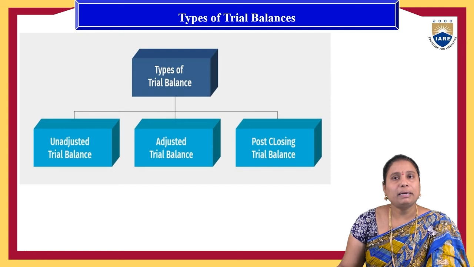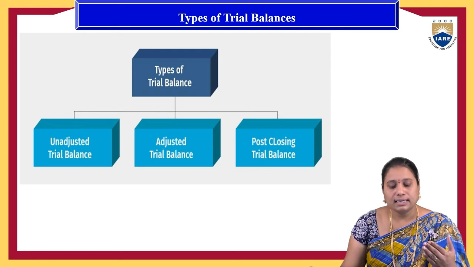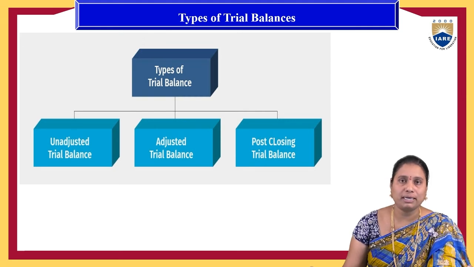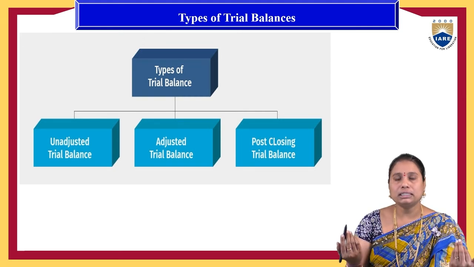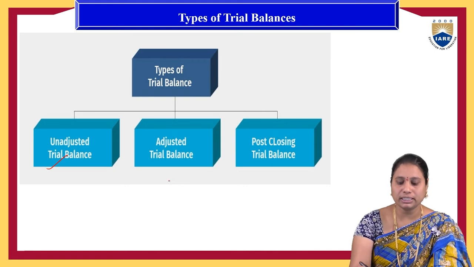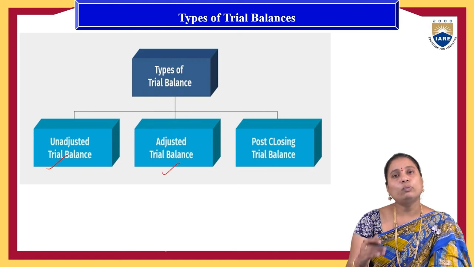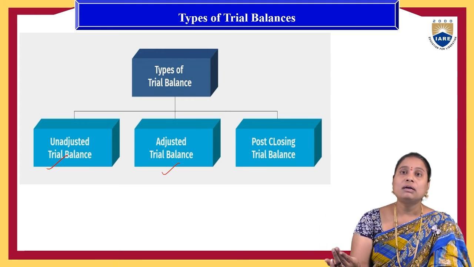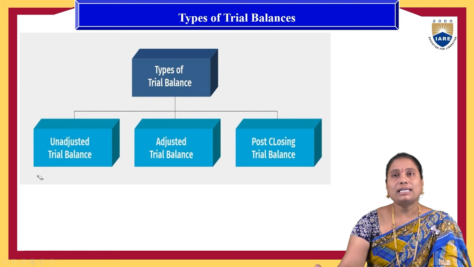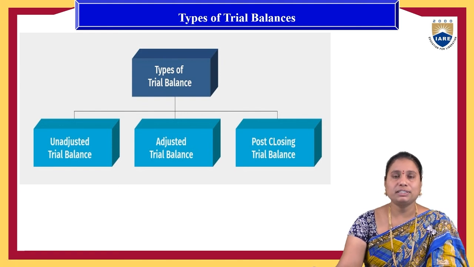The types of trial balances are adjusted trial balance, post closing trial balance, and unadjusted trial balance. If there are no errors at all, and they have prepared the trial balance, that is the unadjusted trial balance. If some errors are there and they have adjusted it, that is the adjusted trial balance. And once the balance sheet is prepared, if anything is found wrong and they again make some modifications in the trial balance, that is called the post closing trial balance. So that's about the trial balance, its types, its advantages and